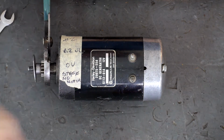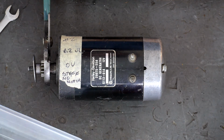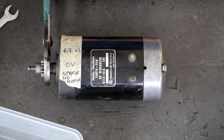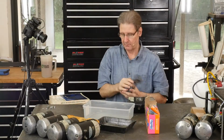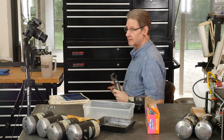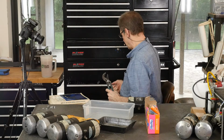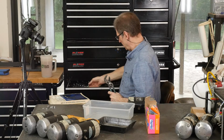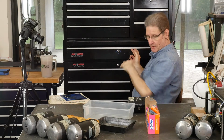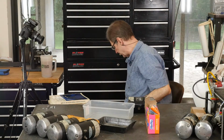Got my Hefty bags or whatever. So a bin, always a place for all the parts. Learned that helping out at a real shop. Keep all the parts together. Oops, I'm kicking stuff. All right, hang on. Tearing the place up. Okay, so to get the gear out,